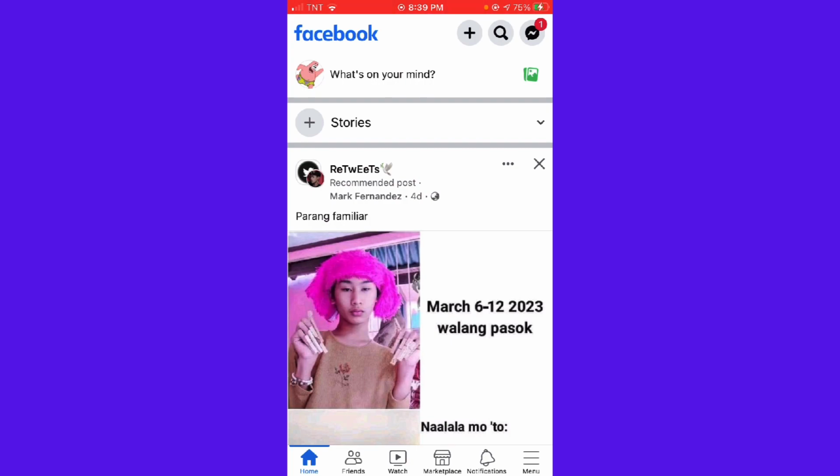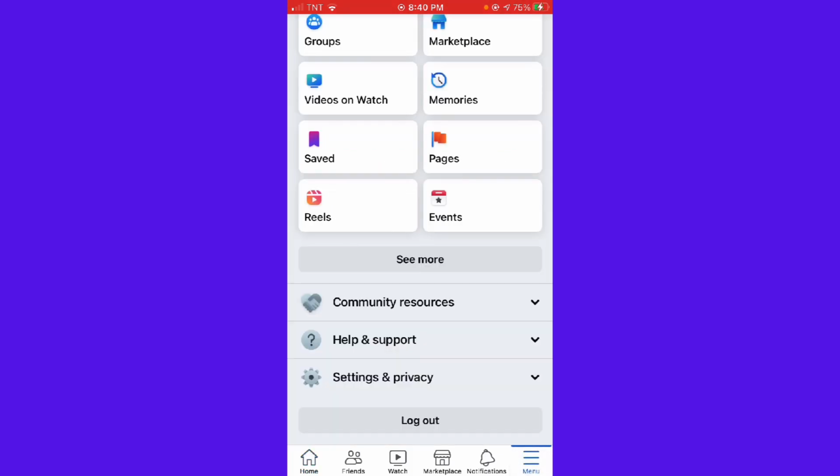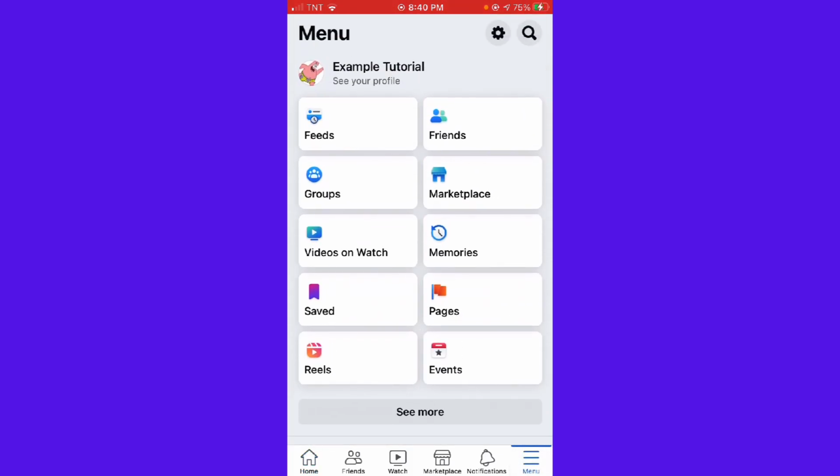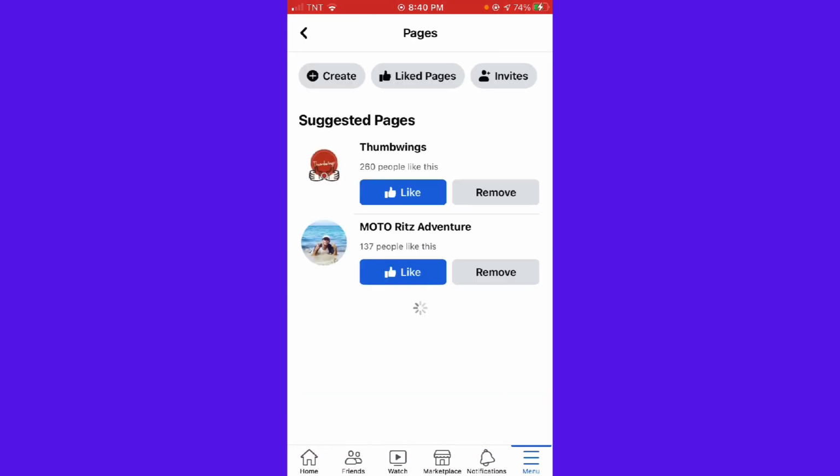So first of all, you want to open your Facebook app, then log in to your account. And then once you've done that, you want to click on these three little lines on the lower right corner of your screen. And then click Pages. And once you've clicked Pages, you can see the Create button. So you just want to click that